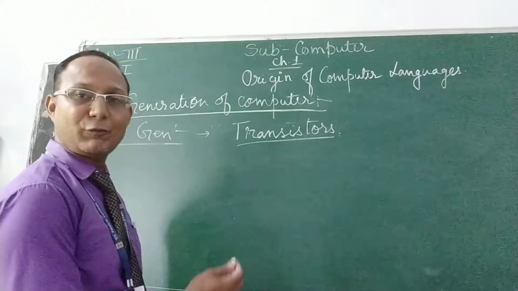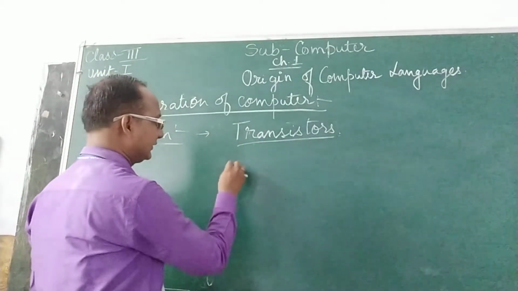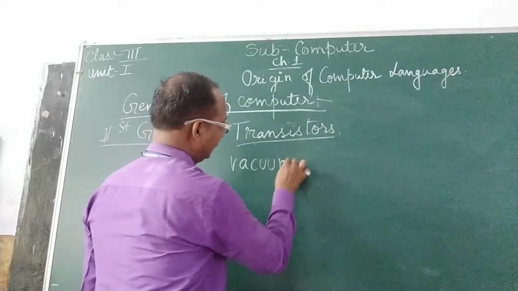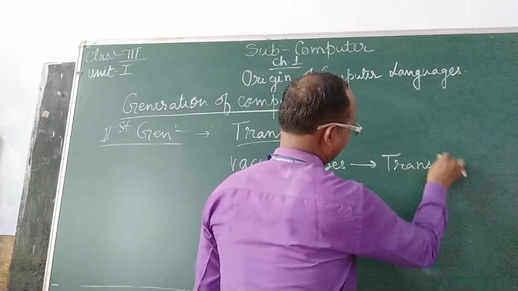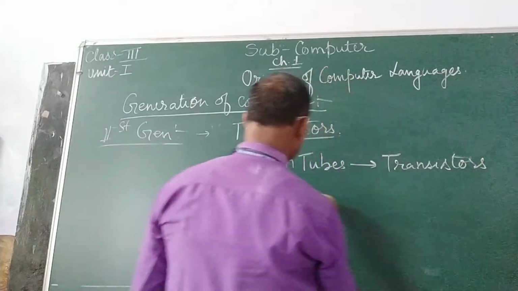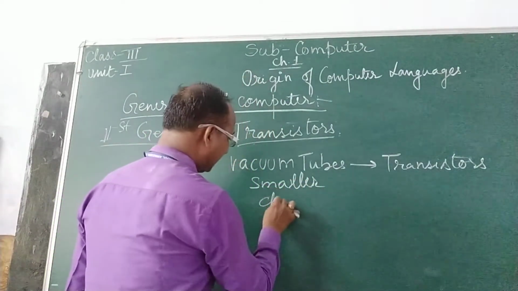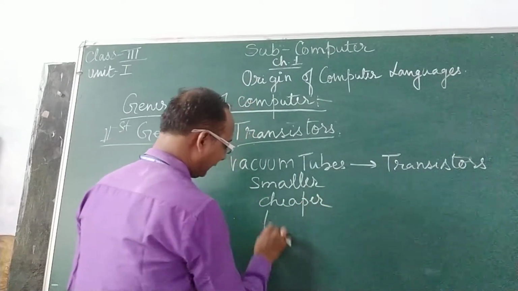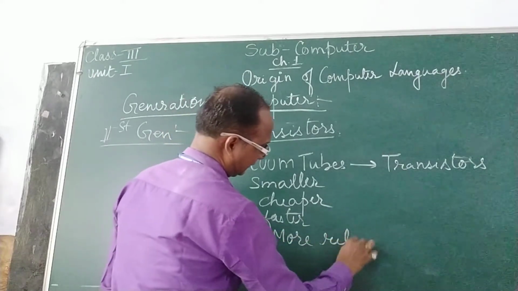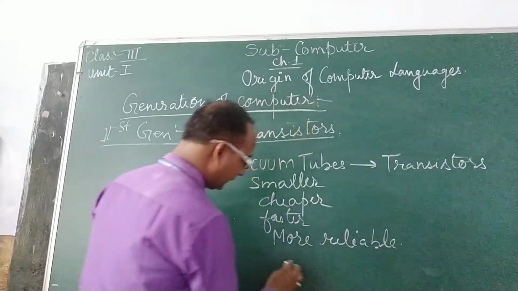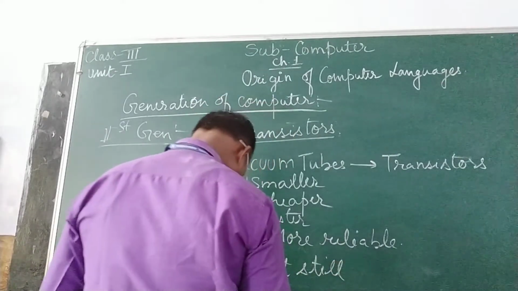So, what is the change from first generation to second generation computers? Now, vacuum tubes changed to transistors. These are smaller in size, cheaper, faster, more reliable, but still